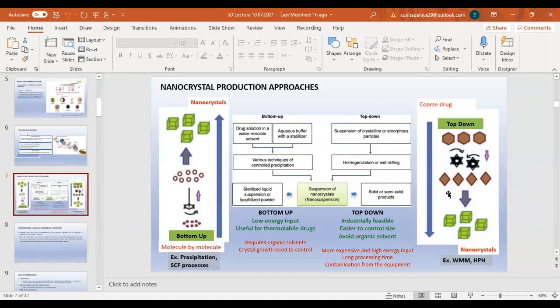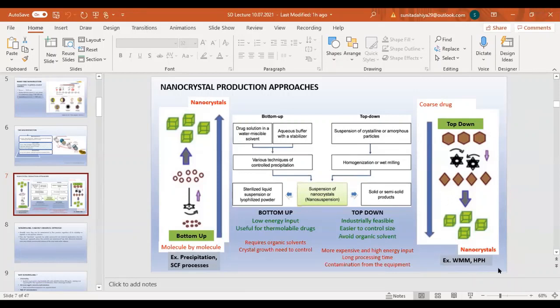Now come to the top-down approaches. In this case, we take the raw micron size of the drug particles and we apply particle size reduction approaches such as nanomilling or high pressure homogenization, that is known as HPH. These two are very, very successful approaches, and more than 12 dosage forms are available in the market which are FDA approved, right? Because of this, the nanomilling method especially has its own advantages. We will see as we proceed further what are the advantages and what makes this method quite distinct compared to the other approaches.